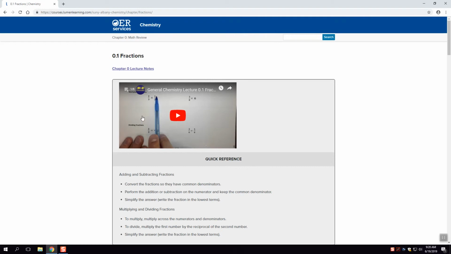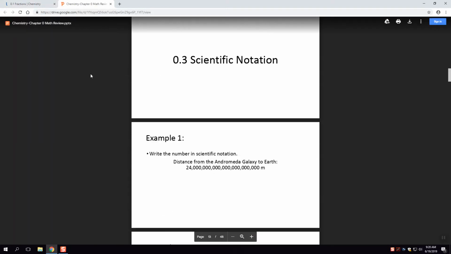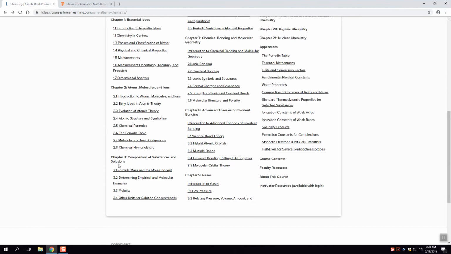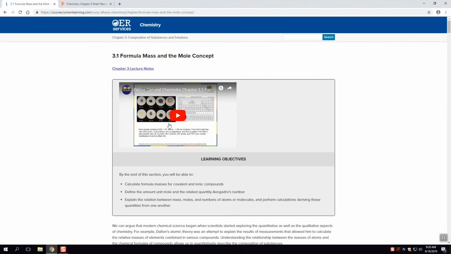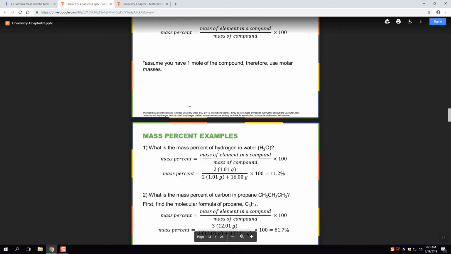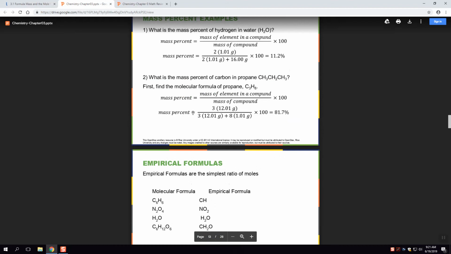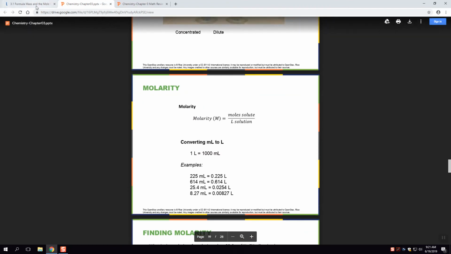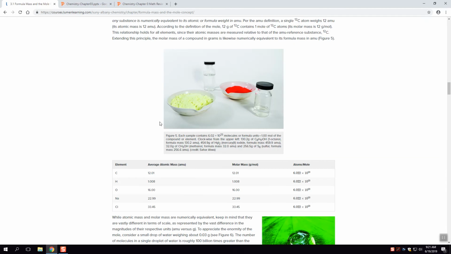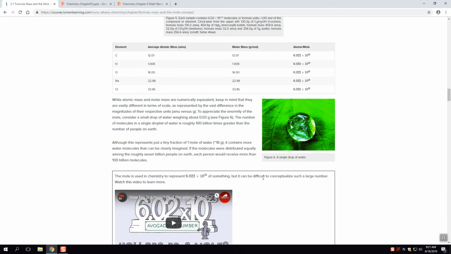The first section of any chapter will have the downloadable lecture notes at the top. So you click this, and you can download all the lecture notes. If you go to a chapter that actually has some chemistry in it, so we'll go to chapter 3 here, the first section has a video on formula, mass, and moles, and the downloadable lecture notes are here. You can get all of the lecture notes that are gone over during the video. The lecture notes are not the only thing that's gone over during the video, but you can get the lecture notes in this way. You can also get text, so you get a kind of textbook section going here, and basically that's how this works.